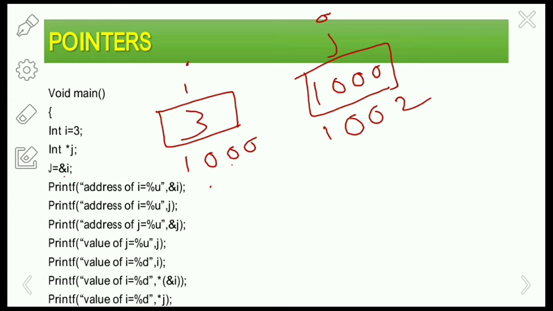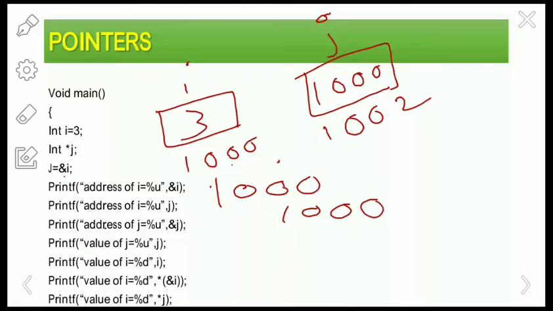So it will print the address of i. What is the address of i? That is 1000, so it will print 1000. Next, printf address of i equals %u comma j, it will print the value 1000.